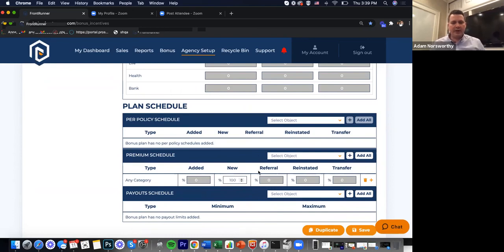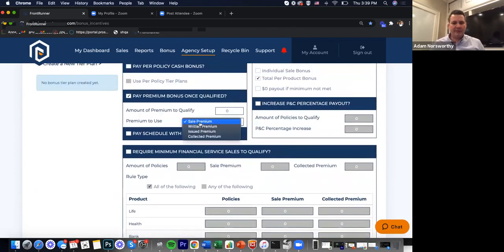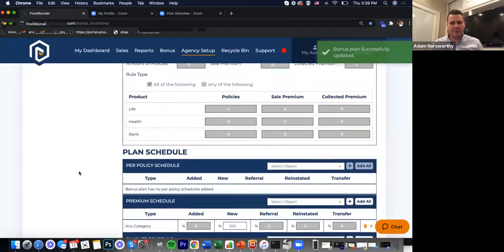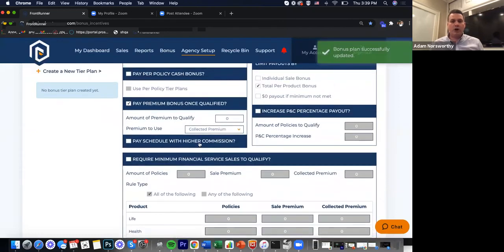But you would want to come back up here and say, but I want to pay the collected premium, not the sale premium, because that would be a pretty big bonus. So now we're going to say, yep, I want to pay 100% of the collected premium. And we're going to hit save. All right, perfect. And then all you would want to make sure that your team does is when they write